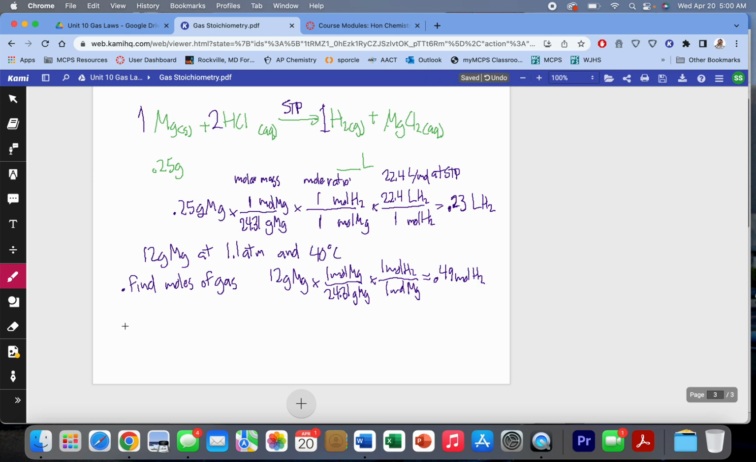Well, then the second thing is just use the ideal gas law, right? And if we do that, we know the ideal gas law is PV equals nRT. But what I want you to do is always rearrange it for what you're looking for. Since in this case I was looking for volume of gas, I would say V equals nRT over P, right? And so I can simply say it's equal to 0.49 moles,